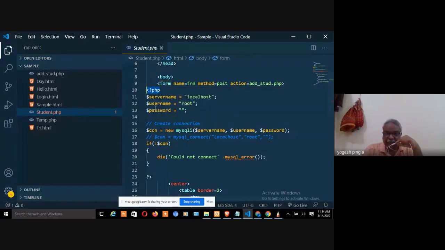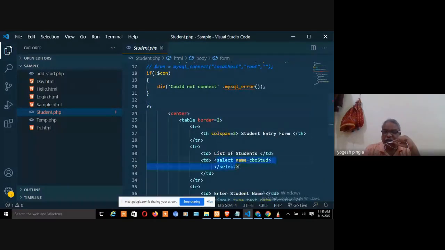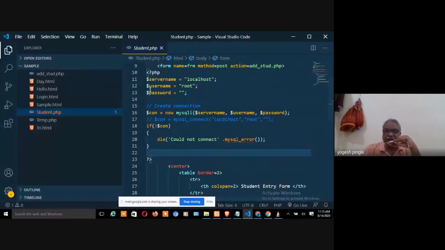So this is the starting PHP code, this is the ending PHP code. You may add this anywhere in the HTML file, anywhere. It is not that you have to do it only over here. Wherever you want, you can add it. I can add this PHP code right over here also, inside the tag. Wherever I want, you will see it now. I'm going to add it because I want to populate this particular combo box. So server name equal to this, and the dollar name, again this is a variable.